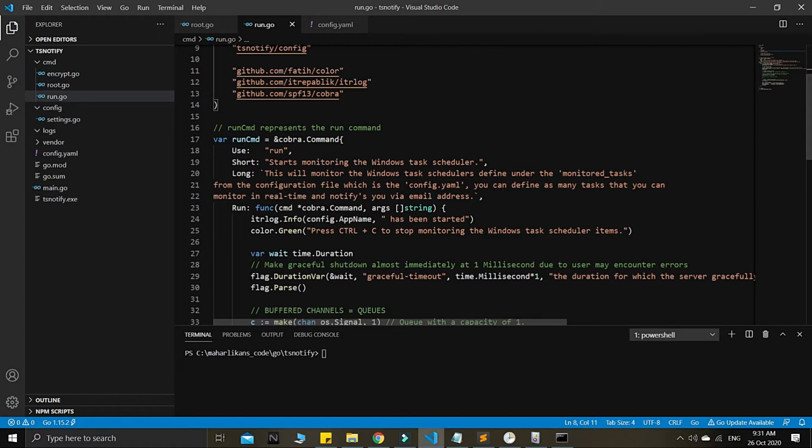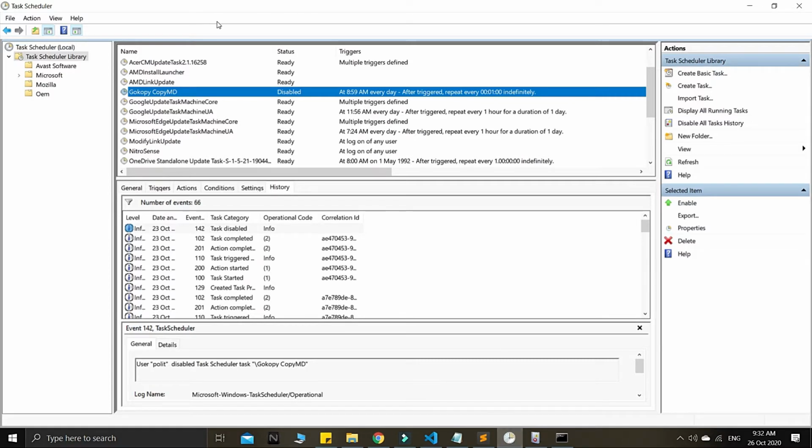The main task for this run is to monitor whatever we have here, guys, in Task Scheduler. For example, our example here is a go copy.MD. So right now the status is disabled. So we would like to monitor this critical task scheduler item, which your program does not have to be a Go program, guys. Definitely any other programming language, for example C# or .NET, VB.NET, whatever it is, an executable program that you want to keep running and must monitor,